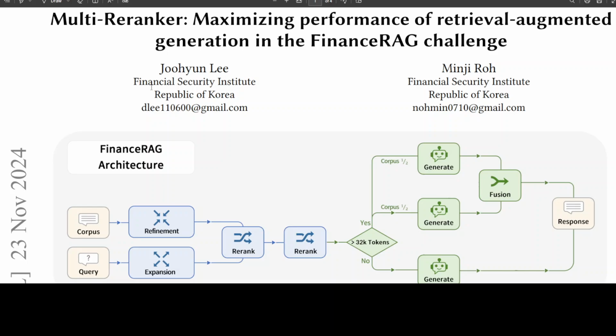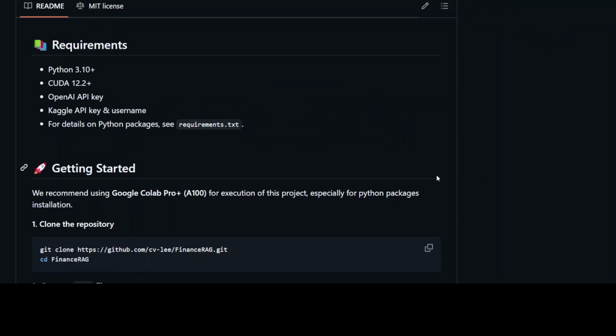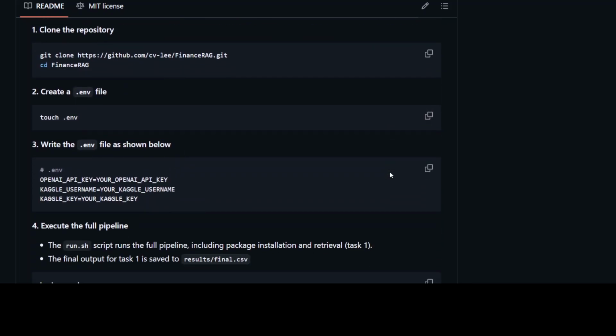Now, there is a good thing, there's a bad thing. The good thing is that they have shared this GitHub repo with all the code, and these are the instructions to get it installed. As you can see, it's not hard to install it. The problem is that it uses OpenAI's model. Now, I have checked out the code. I believe the bad thing is that,